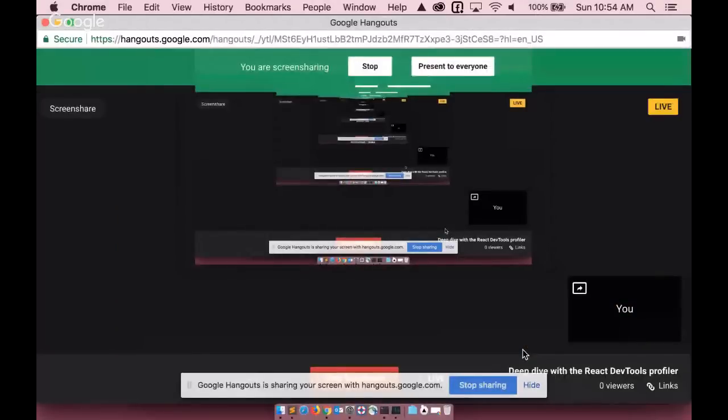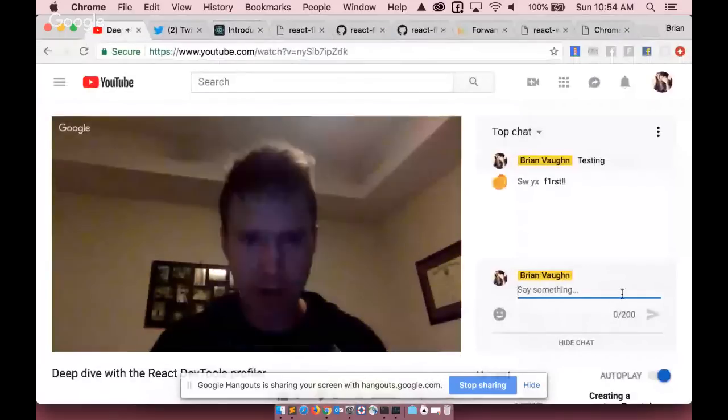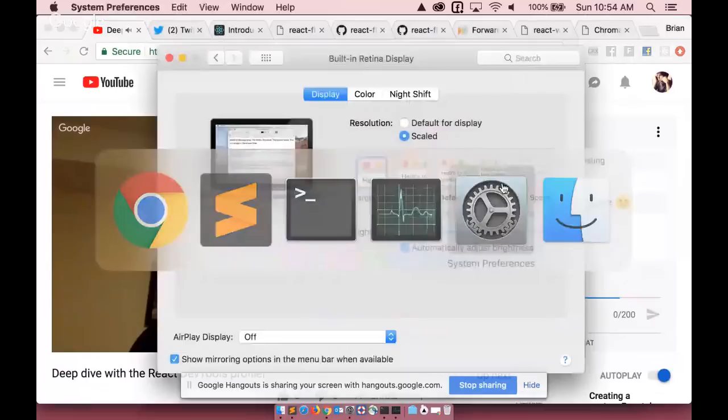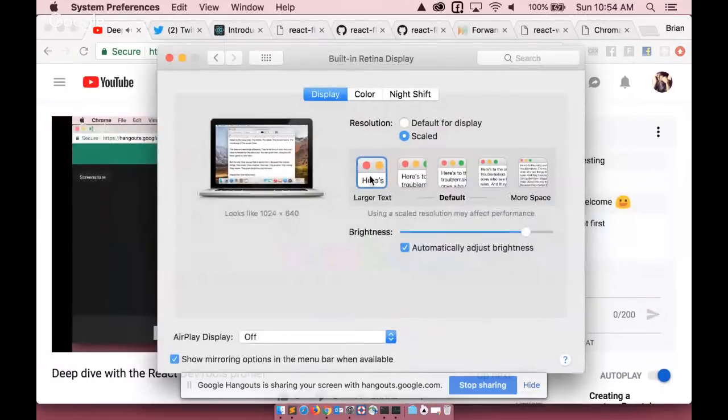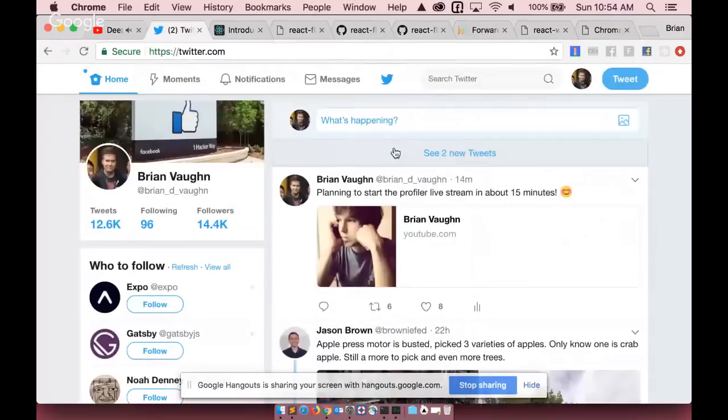I'm going to try to keep an eye on the chat this time, so you can let me know if the font size is too small. But I'm going to switch from the camera to screen share now. Nice. Cool. All right, I've cranked the resolution up to the biggest text I can give on macOS, so hopefully this will